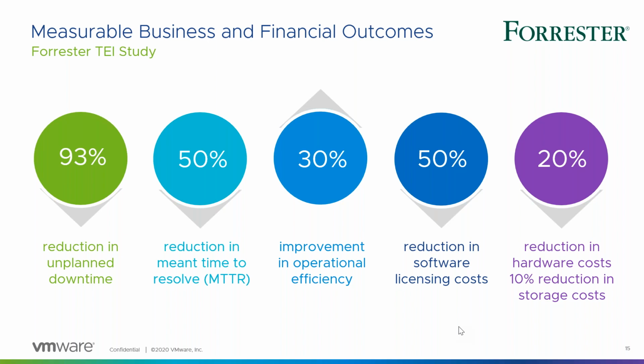With the improvement in operational efficiency, they're seeing 30%, so using the capacity and cost management to help with that. 50%, oh, I'm sorry, that's an improvement. Yes, that's an increase. 50% reduction in their software licensing costs, 20% reduction in hardware costs, and 10% reduction in storage costs. So with the benefits of all of the capabilities that we've talked about, they're getting this and all the benefits of SaaS that I was mentioning in the use cases of why folks are wanting to use purpose-built